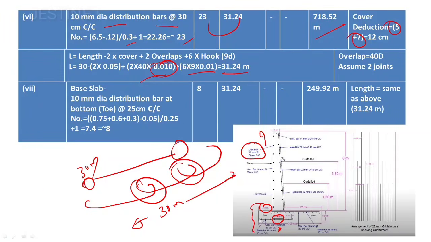So coming to the next case, that is the base slab. Here also you can observe the distribution bars are provided, these dotted portions that represent the distribution bars, and its diameter is 10 mm, and center to center spacing is given as 25 centimeter. Okay, so the length will be same. Here also the distribution bars are provided, so the same equation you can use. And the total numbers you can obtain by